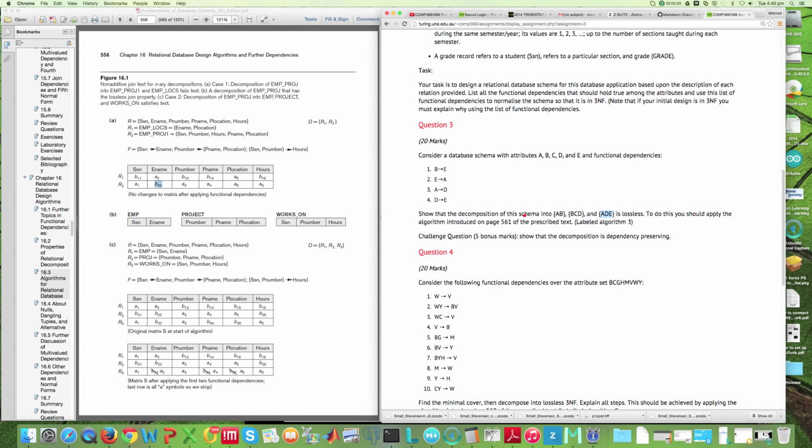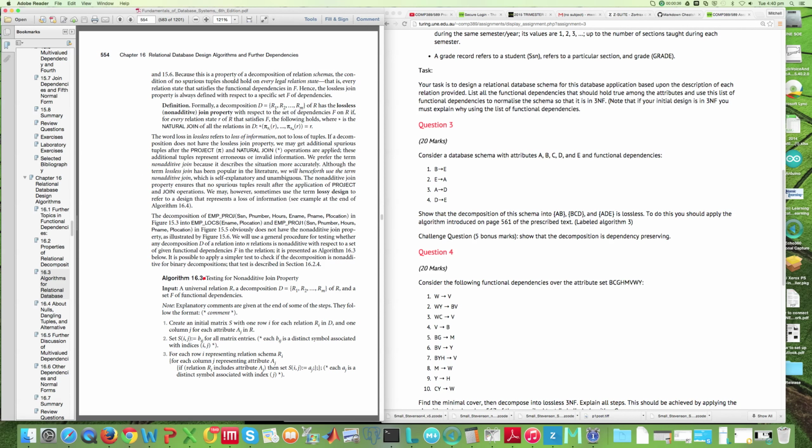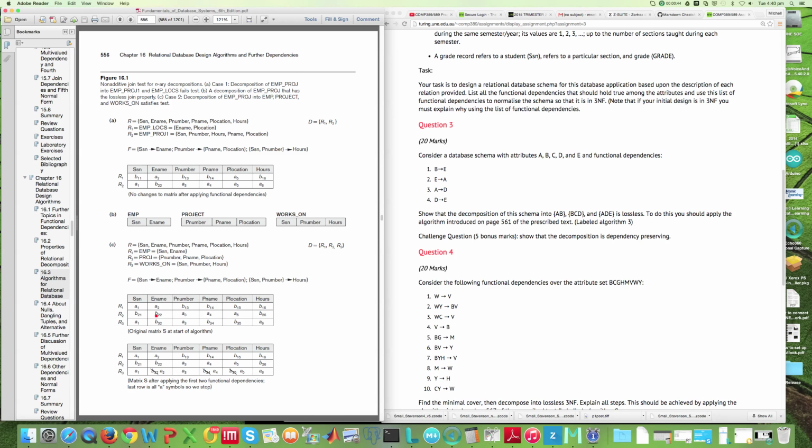We have to show that this particular decomposition is lossless, so we have to show that it has the non-additive join property, and to do that we run through this algorithm, algorithm number 3 or 16.3 in the US edition of the text here, where we create some matrices and actually create attribute markers and pass them between our rows. Now I went through the example for part C here, so in figure 16.1 part